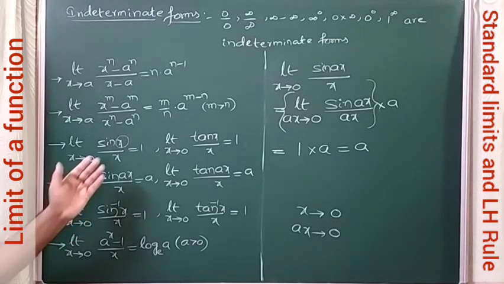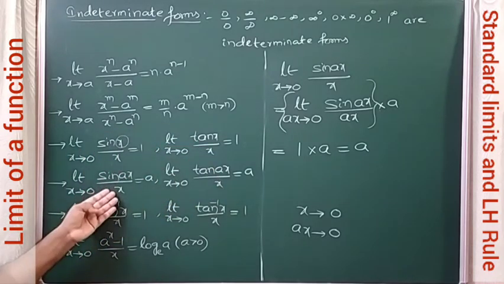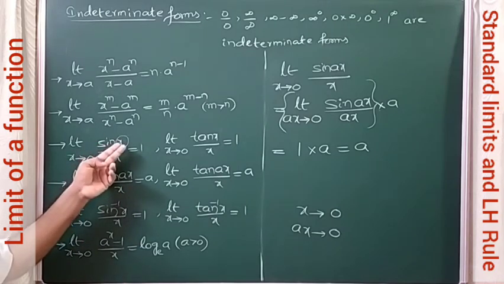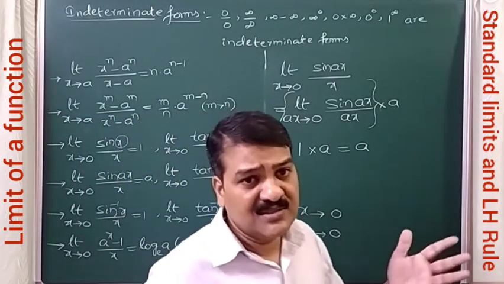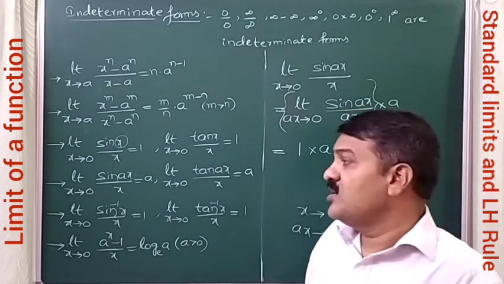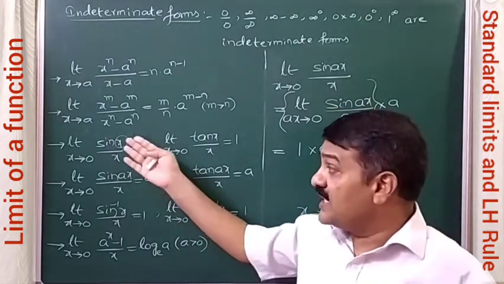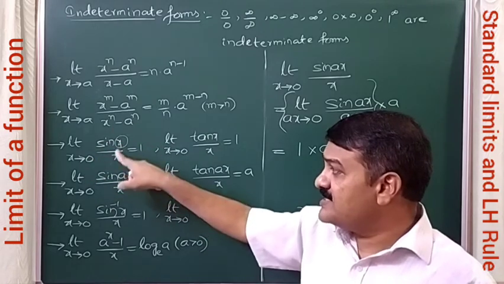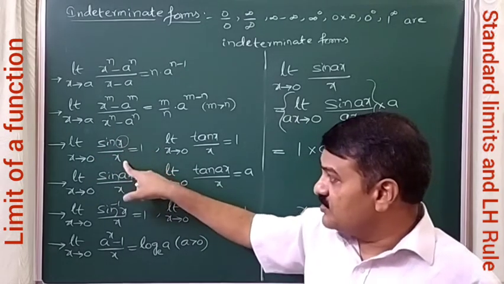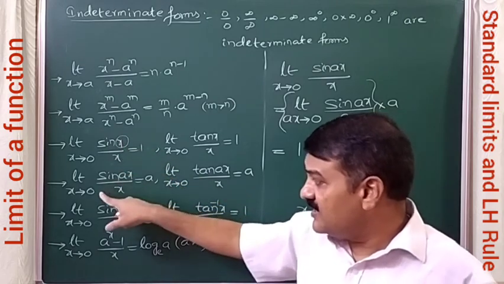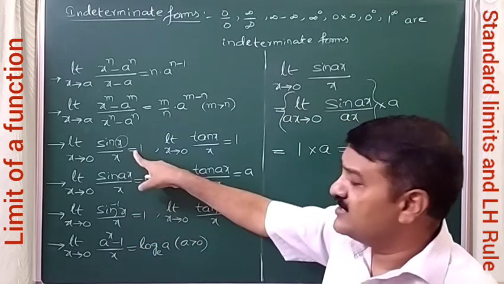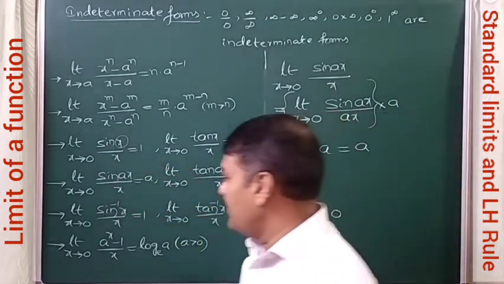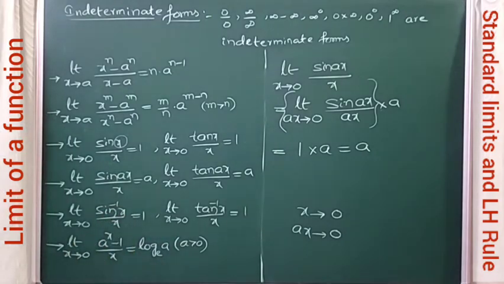So basically in these two properties, sin x by x model, this x must be in radians only. If x is not in radians, that is if x is in degrees or in grades, you have to convert into radians, then you apply the standard limit. Okay, so the consequence of this result we will be getting here. This one is actually a direct consequence of this one. So how we are going to get this one, let us discuss now.